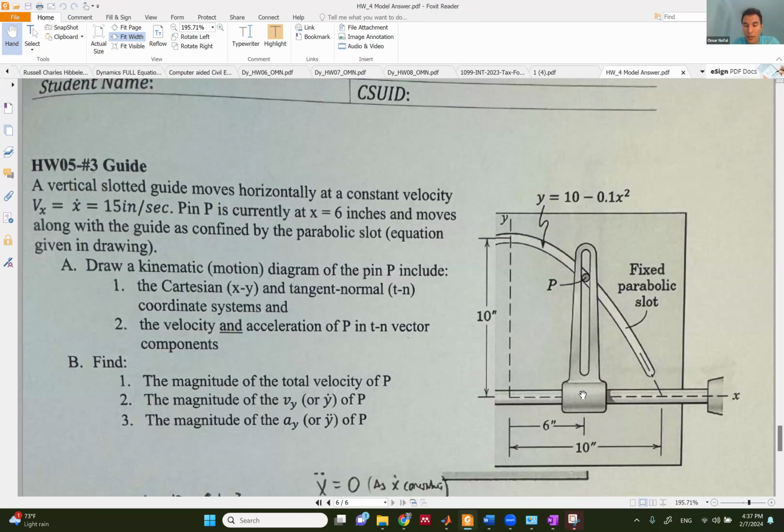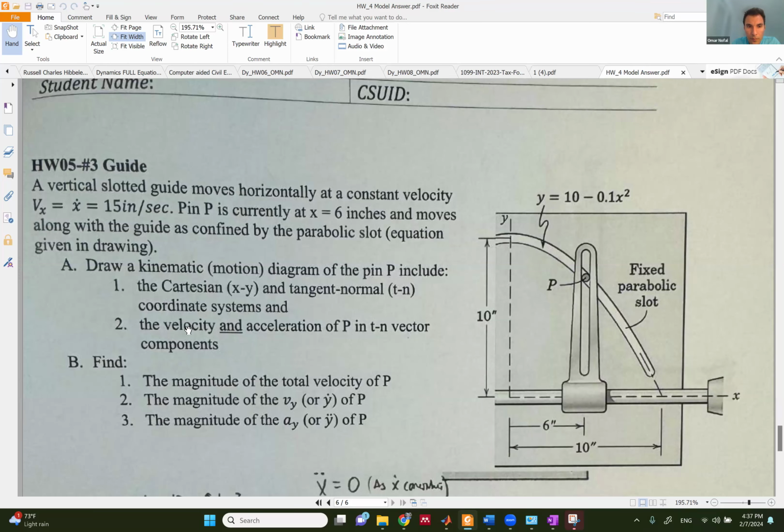So this one is moving with Vx, which is x dot is 15 inches per second, which is the same velocity as this particle. The pin P is currently at x equals 6 inches, and moves along with the guide as confined by the parabolic slot equation. Okay, draw a kinematic motion diagram of the pin P, include the Cartesian, tangent normal,